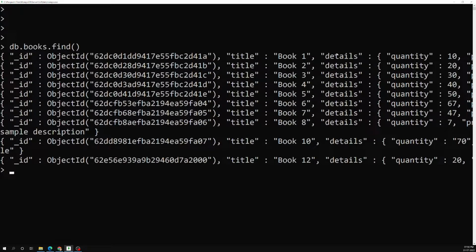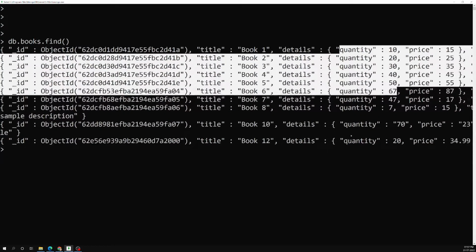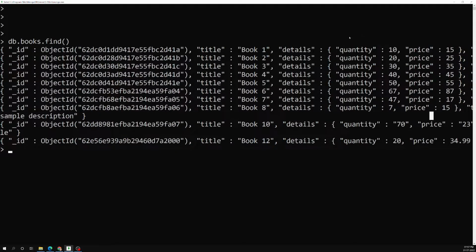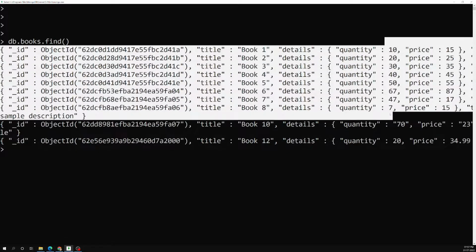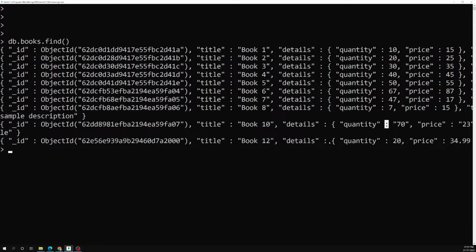Now if you observe, we have a quantity of 10, 20, 30 like this. So we have quantity and price. This time I want to sort by the quantity, whether ascending or descending. So db.books.find returns a cursor, and this cursor has a method sort, and in this one you can provide